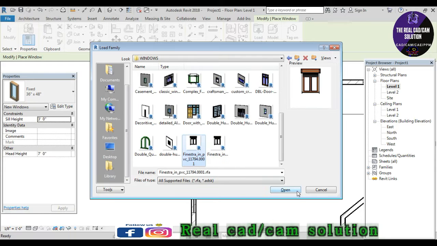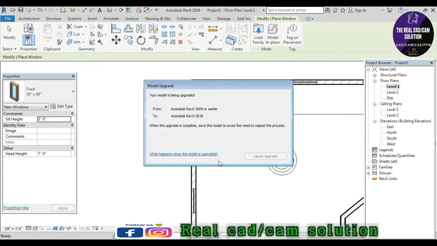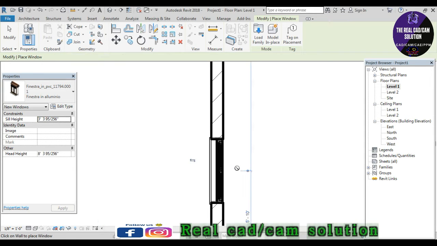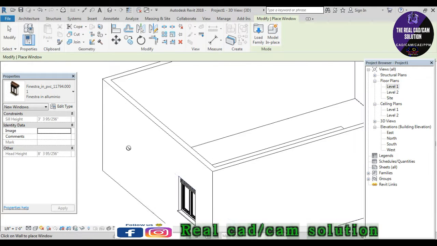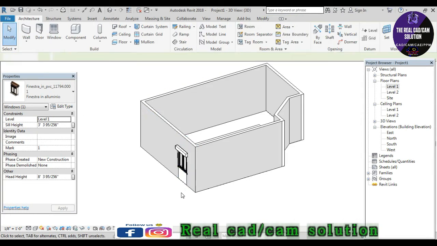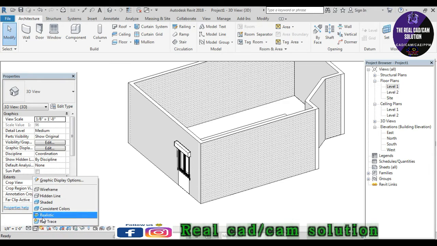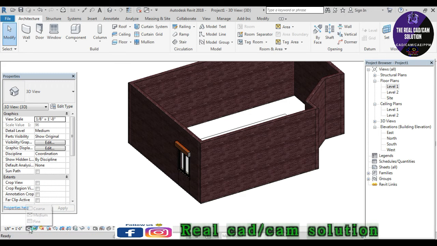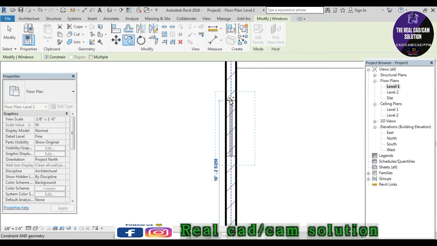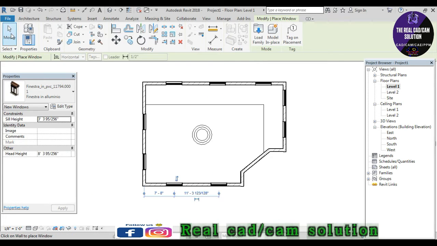I choose this window because it looks rich and royal. That's why it's nice, and the windows are our wish. Where would you like to place it? If you want to choose another window, you may choose this. I'm going to copy all the sections of the window like this.